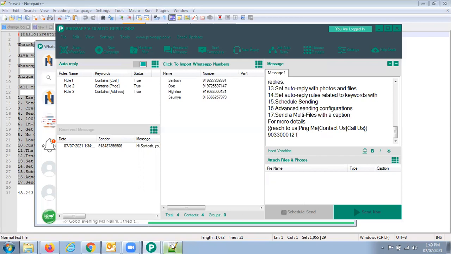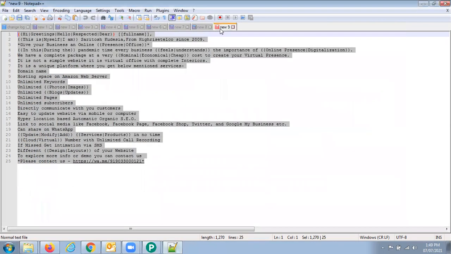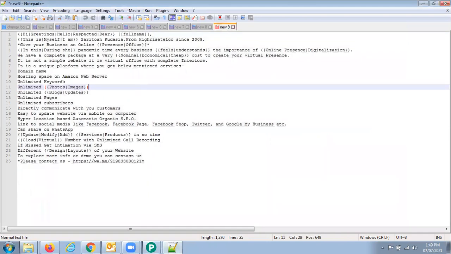Similarly, let me show you some other examples in my sheet. You are seeing here, is it visible? Here "you give your business an online presence," and again I'm using "online office," right? In this pandemic time, or the other sentence, "during the pandemic time," both have the same sense.